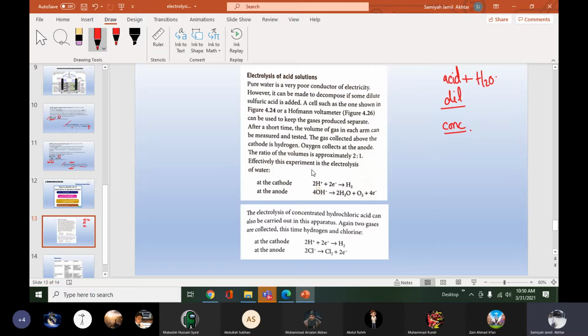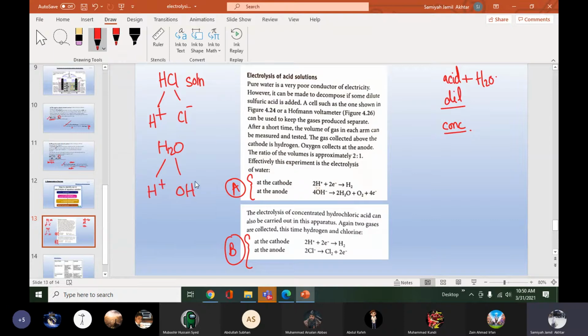The acid solution can be dilute, and it can be concentrated. Now there are two sets of equations. One set of equations is for dilute and one set is for concentrated. Can you tell me which one is for dilute and which one is for concentrated? These two equations are for the electrolysis of HCl solution. So HCl will give H positive and Cl negative, and the water which is present will give H positive and